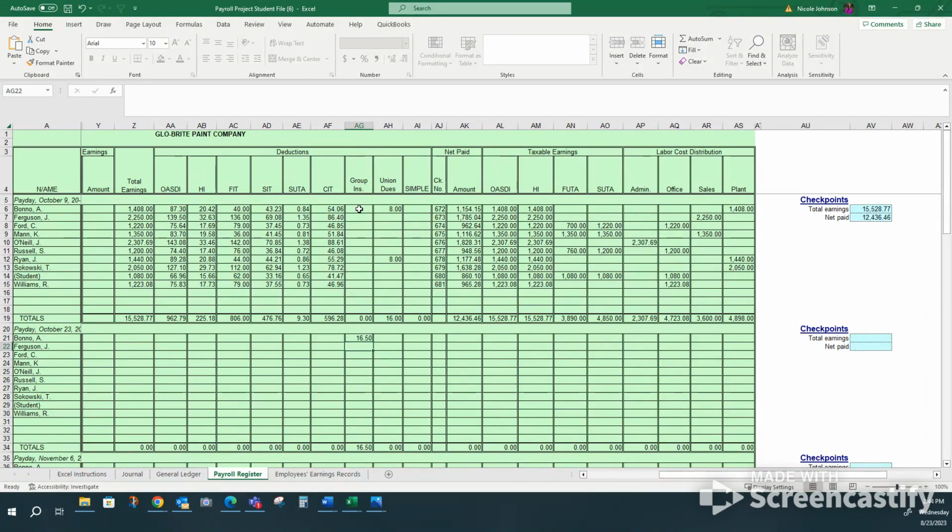The next deduction is going to be for union dues. The book tells us that Bono and Ryan are union members and the $8 will be deducted from each payday. The company will begin offering SIMPLE on November 20th. Be sure to consider these contributions and how they're excluded from income for federal income tax purposes. Also note that you will not